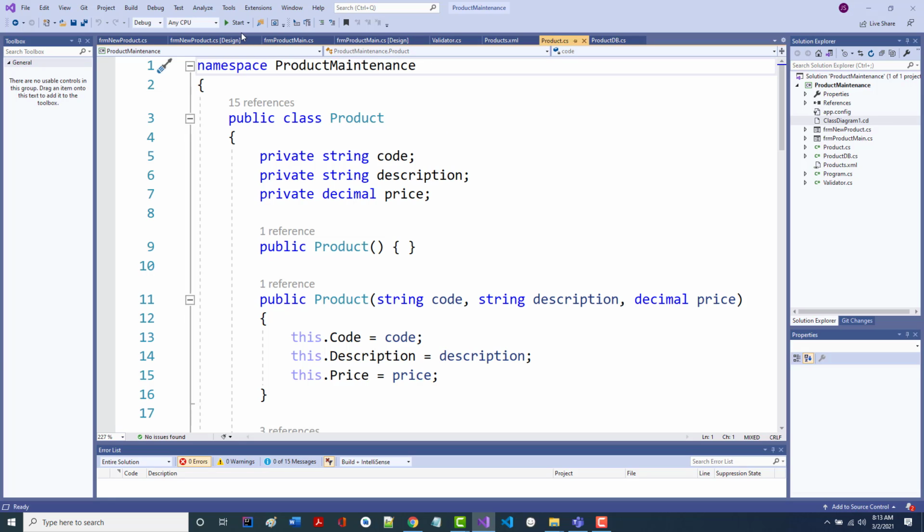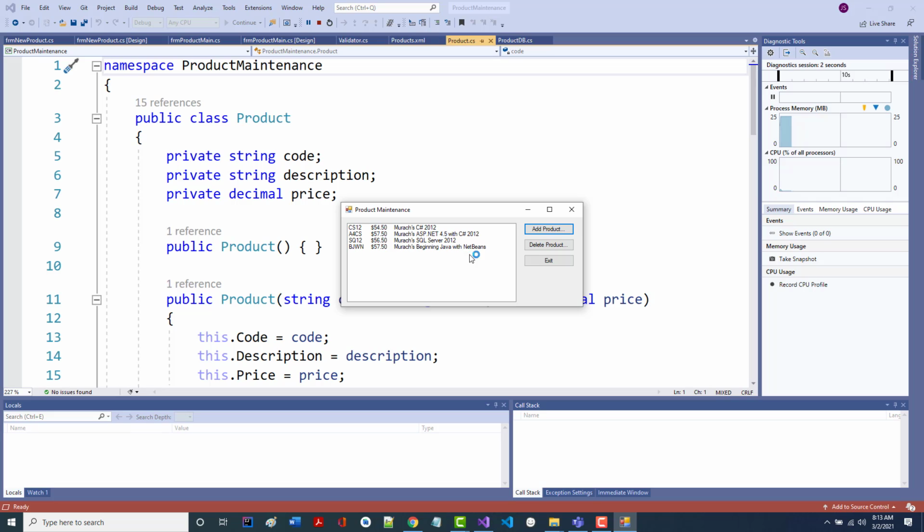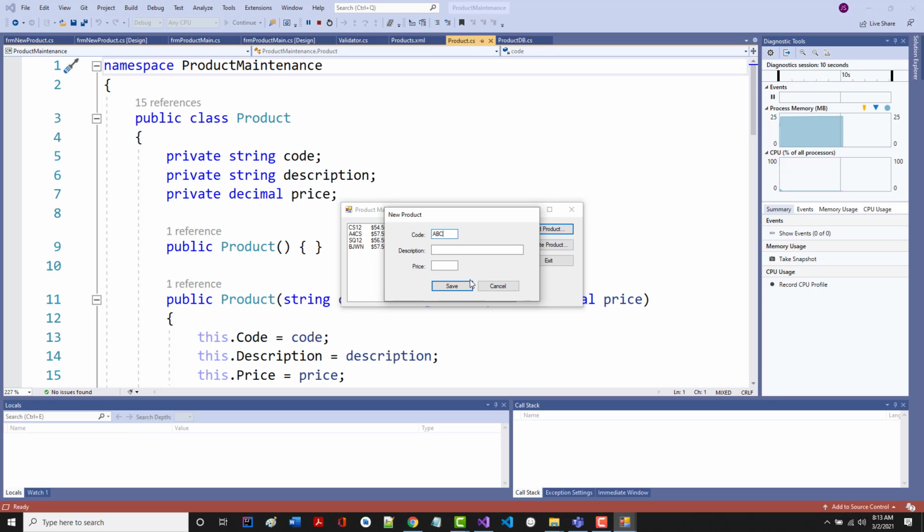So let's just quickly look at the program in action, so to speak. If we come in here and we run the program, there it is. I realize the interface isn't very big, but if I click add product and put in a code, I'll just put ABC123, description, this is a test product, and let's put in $25.